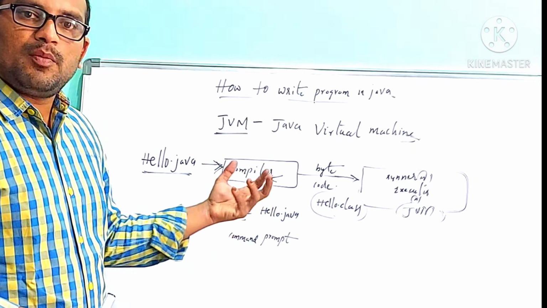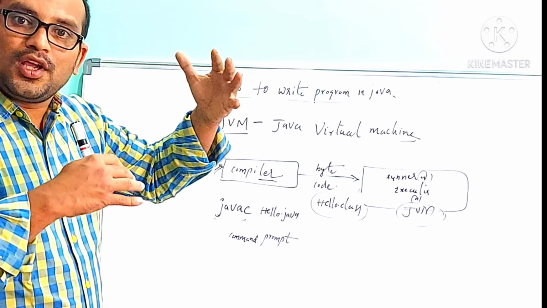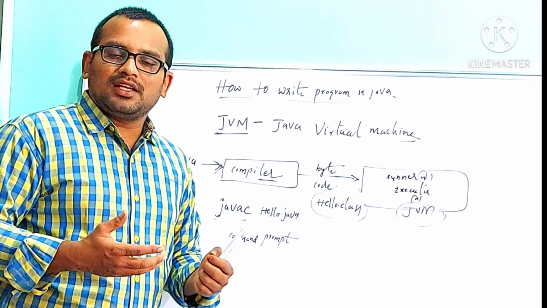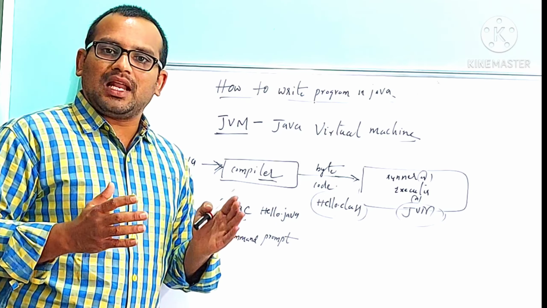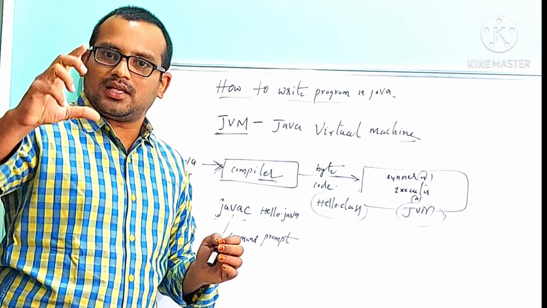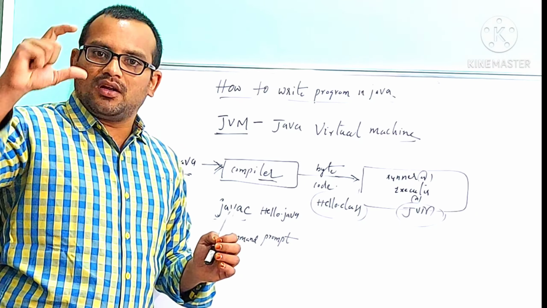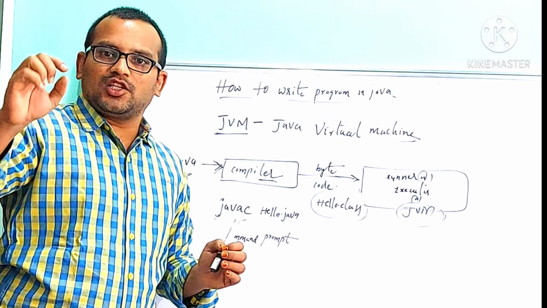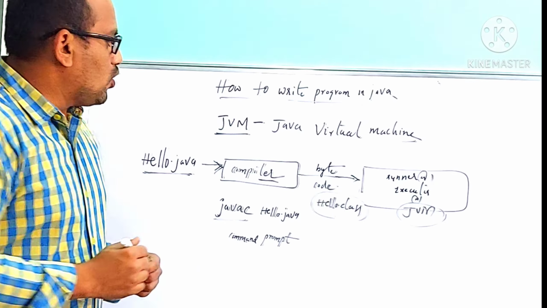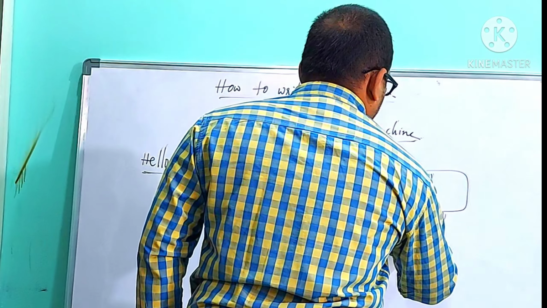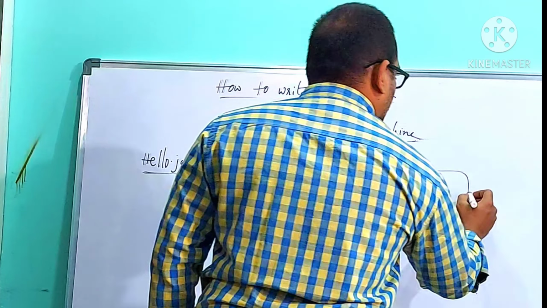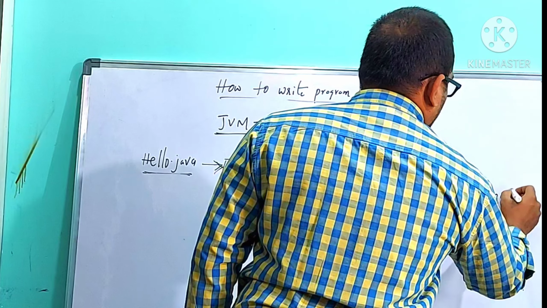So the Java Virtual Machine executes the body of the main function. Yes, it may be a C program, it may be C++, it may be Java. In every programming language, execution should be done inside the main function only. Execution starts from the main function only, wherever it is in our program. So JVM executes our Java program with the dot extension class, and it produces output.